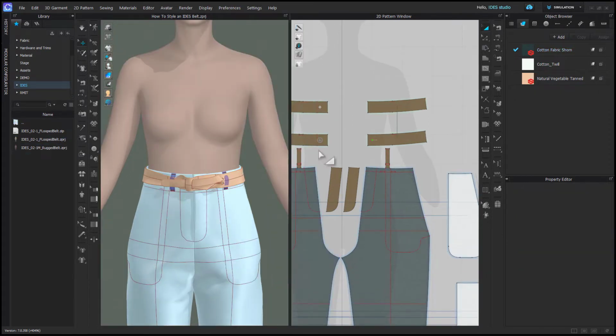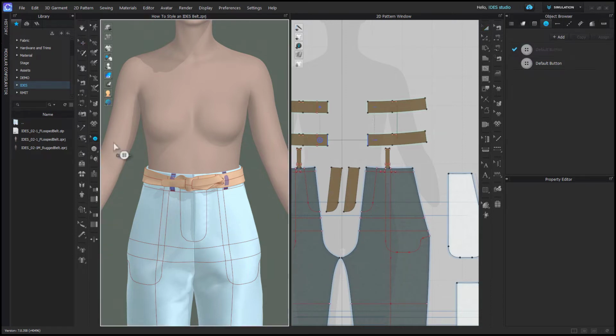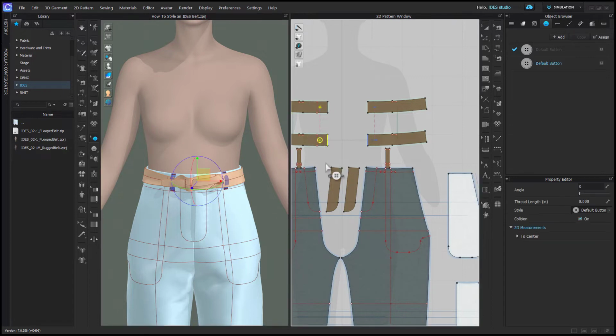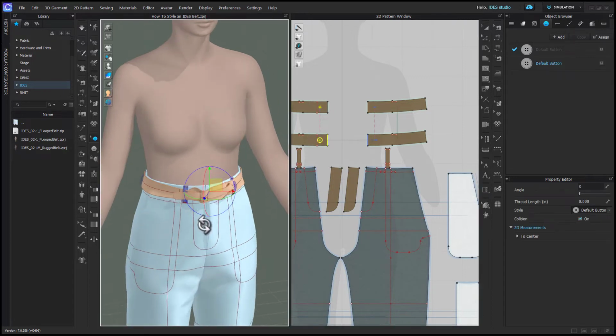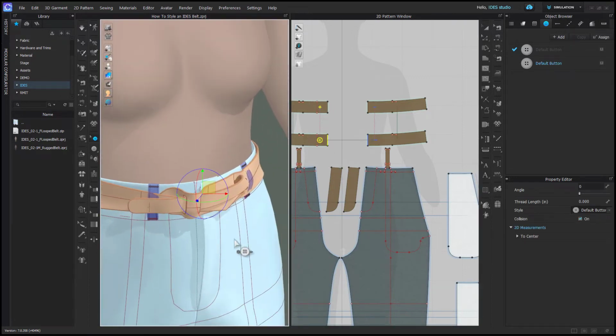Sometimes with a pant that has a button, you might run into some collision issues. I actually didn't have any problems on this one, but I want to show you what to do to avoid any issues. You can grab your Select Move Button tool, and you have two options. One is if you'll never see the button, if you want to just remove it, you can just delete it. And you can just draw a little internal line on either side of your waistband where the button is and